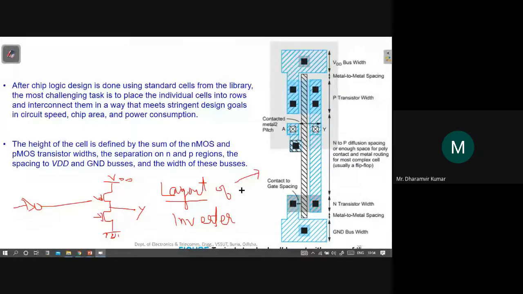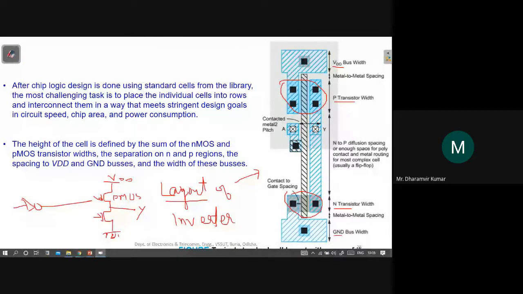Okay. So we should have one PMOS on the top. Okay. So this is the PMOS area, P transistor. We should have one NMOS, look at here. And this is the N transistor, NMOS. We will see the thing later on also, but I have included here just for giving more insight. Okay, look at here, and we should have one VDD. Okay, and this is VDD. We should have the ground here, and this is the ground.